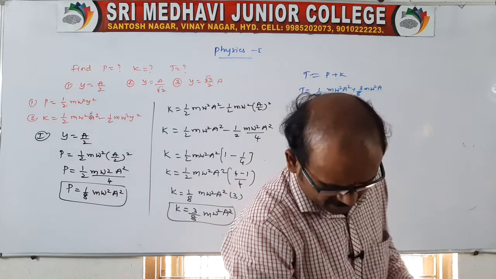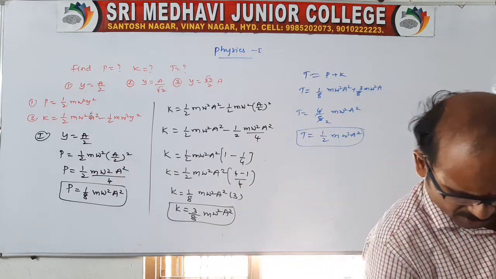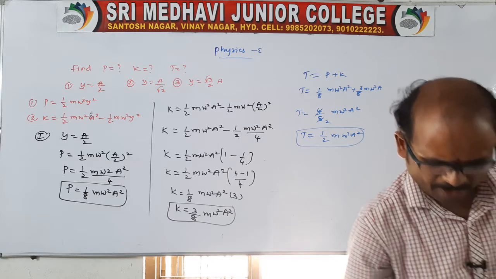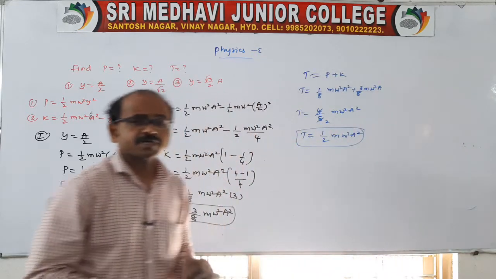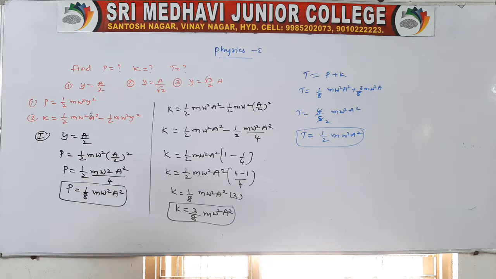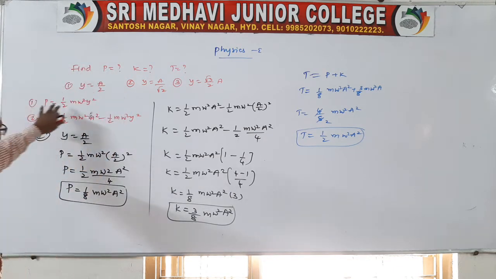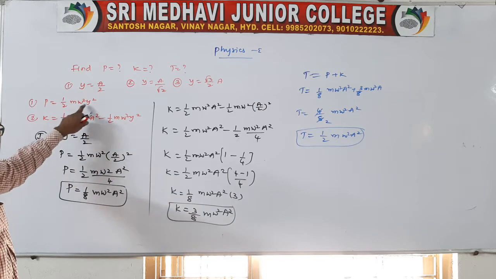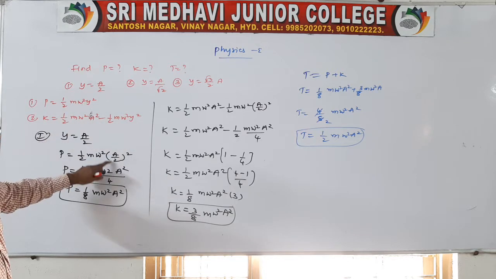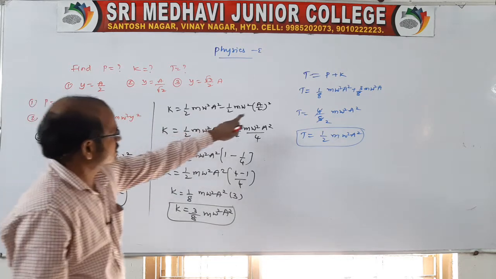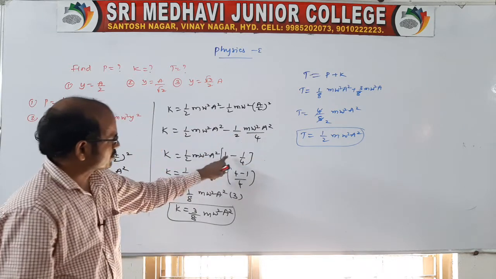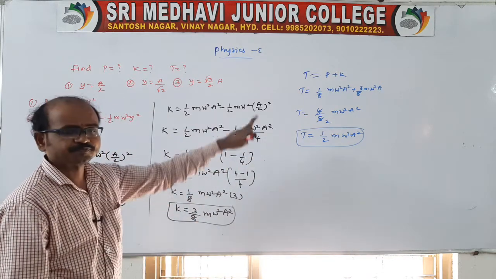For the given displacement, the total energy will be what? For the given displacement, the total energy will be half m omega square a square. So this is the method to do. You look at here. So just you replace the displacements. Here the displacements you replace like this. So simplify the question to be like this.